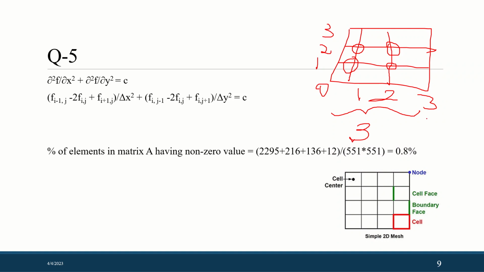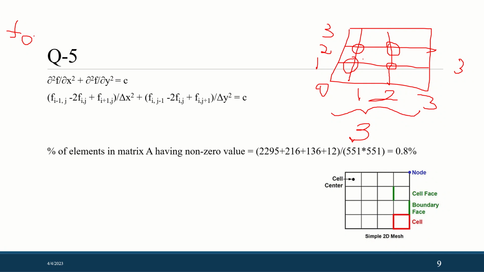We have three cells in the x and three cells in the y. So the number of equations that we are going to solve is (3 minus 1) cross (3 minus 1), that is 2 cross 2, it is 4. So we'll be writing equations for this and this and this. So if we are writing the equation for the point f(1,1), what we would be having is f(i minus 1)